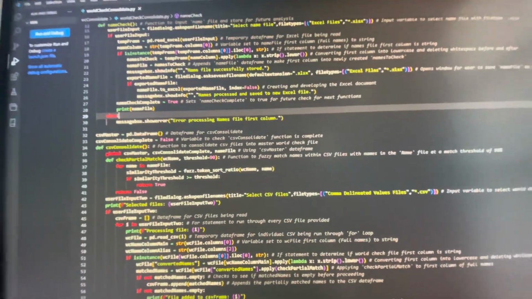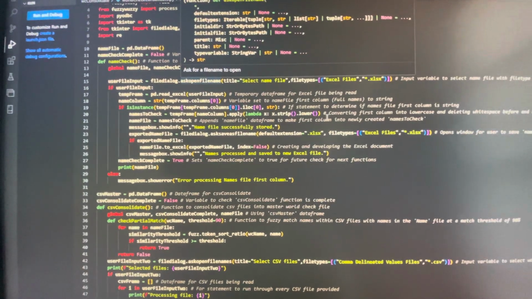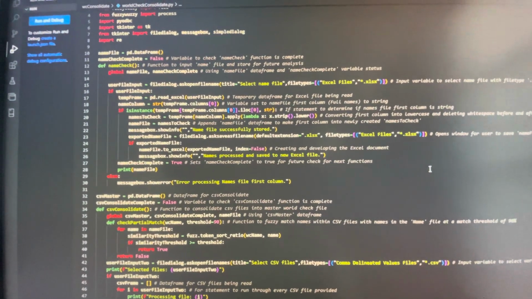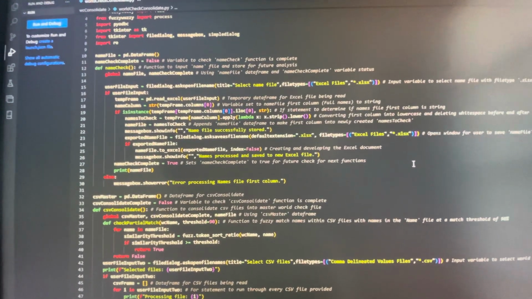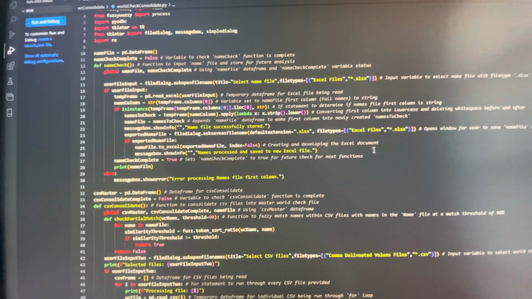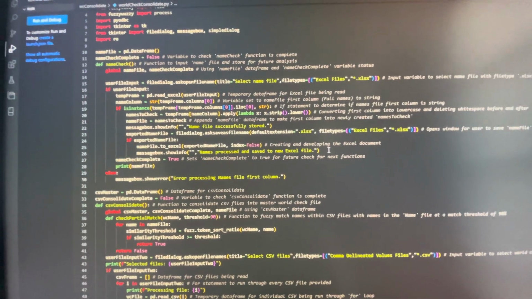Let me just quickly go over some of the overview, and then we'll go through some of the functions. So down here, I just have my root TK and my various buttons and all of that. And then up here, we're going to start with just our first functions and keep on going. So the name check function, this is how we input our name file. And you'll see I have some lowercase, I'm stripping the white space, I'm doing all of that and manually storing it. And you can examine this in greater detail, but this saves us to a new file that we use